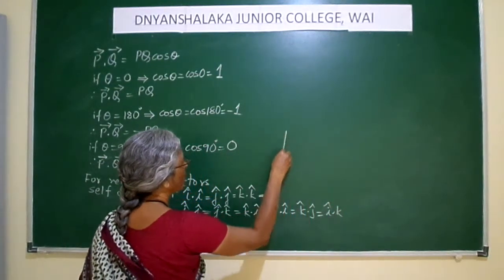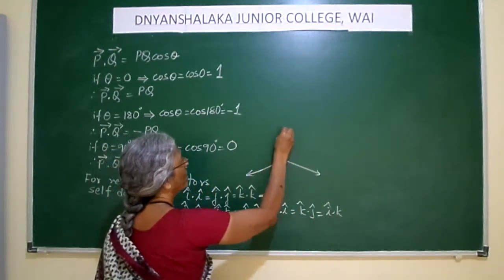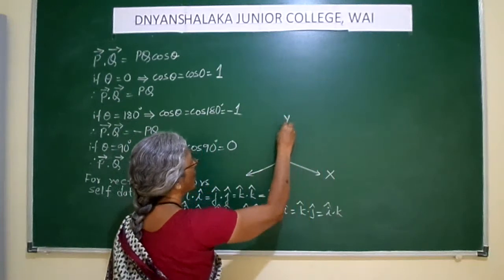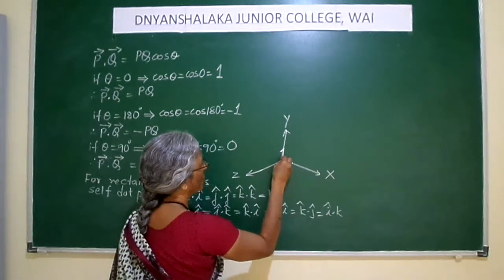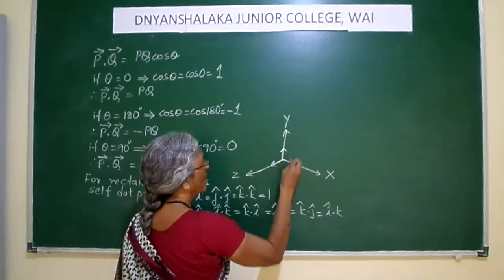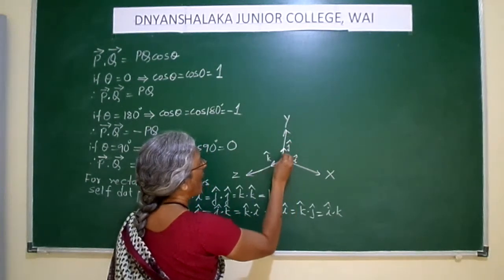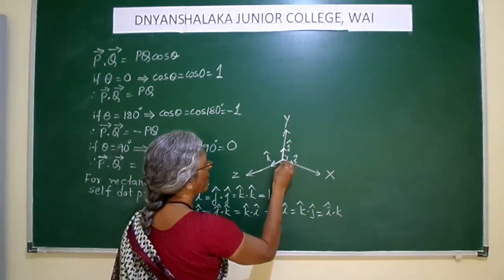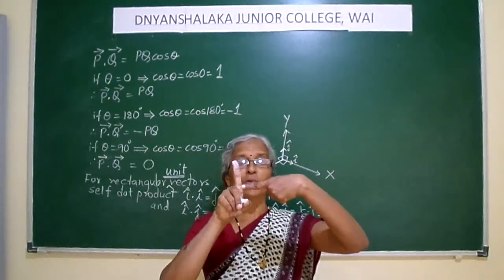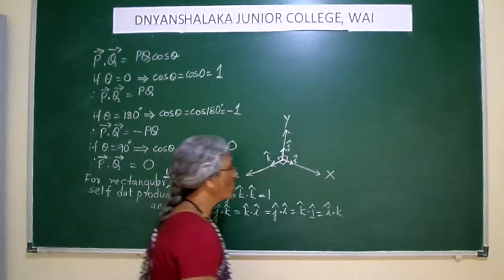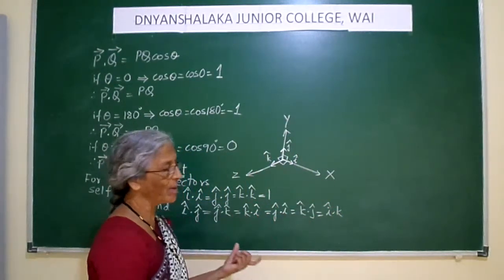Okay, how are these unit vectors? These are along the x, y and z axis, right? But these vectors along the x, y and z axis are going to be mutually perpendicular to each other. How are these going to be? If this is i, this is j and this is k, the angle between each of them will be equal to how many degrees? 90 degrees. So these vectors are mutually perpendicular to each other. So cos of theta will be equal to cos of 90 for them, and that will be equal to 0.